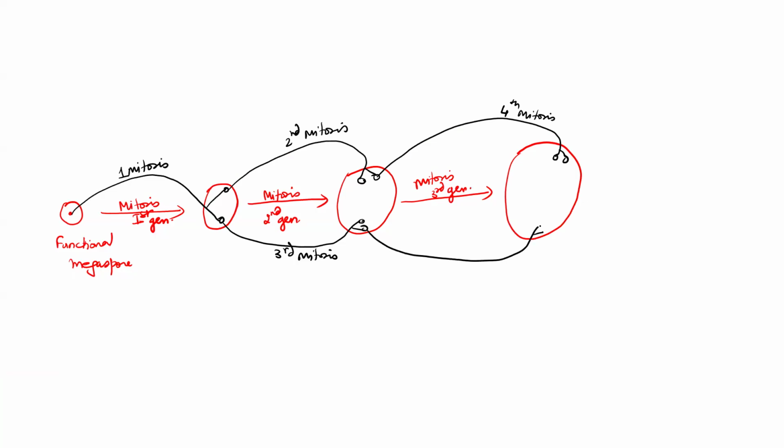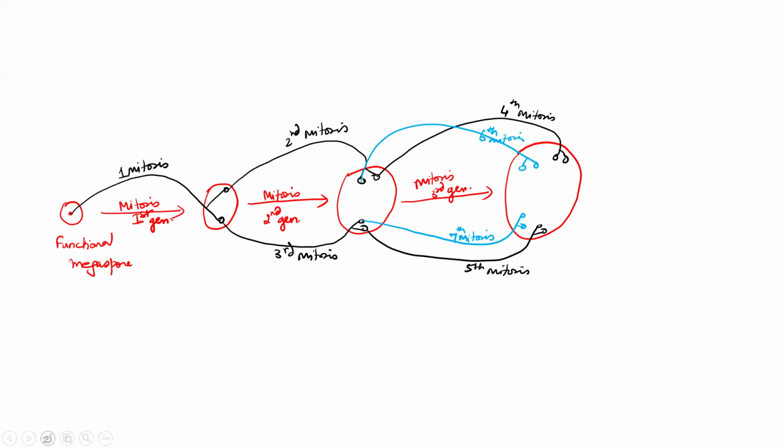This one, fifth mitosis. And I'm just changing the color to make you understand. See this nucleus, sixth mitosis. Getting it better? Then this one, seventh mitosis. So how many mitoses do we have to do to make 8 nuclei? 7 mitoses we have to do to make 8 nuclei.